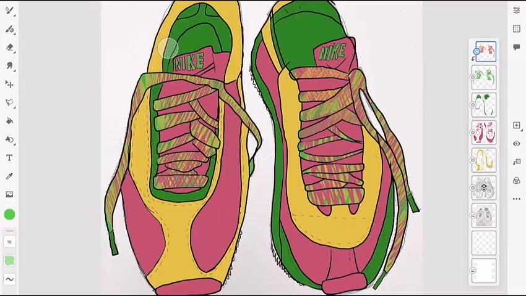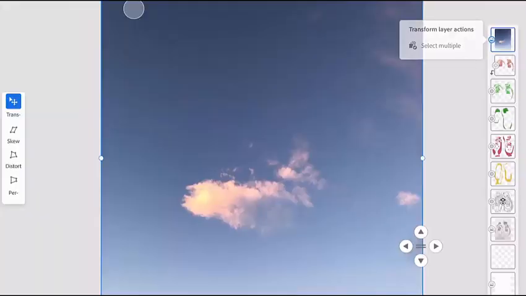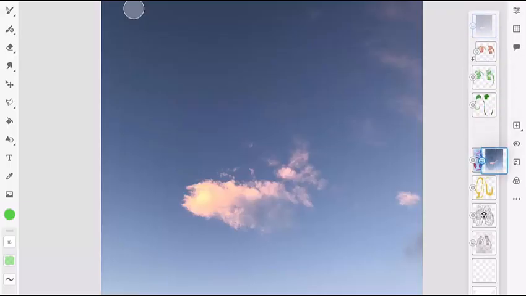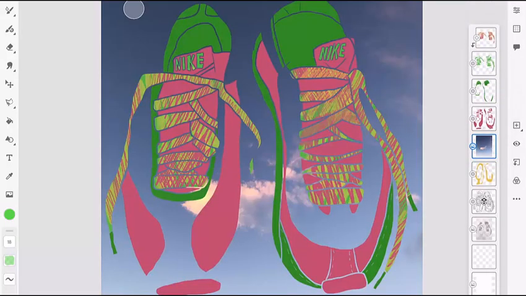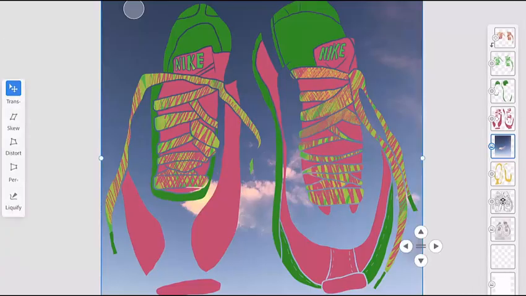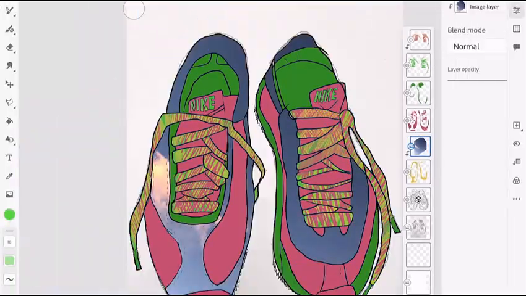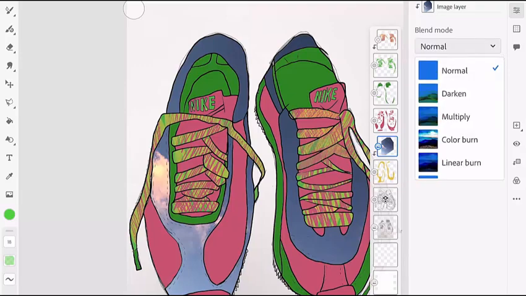I'm using either the pixel brushes this time or the live paint brushes to work with tone and texture, or you can experiment with bringing in photographs or rubbings to add tone and texture. Here's a photograph that I'm using right now. I'm using the transform tool to resize it and rotate it.